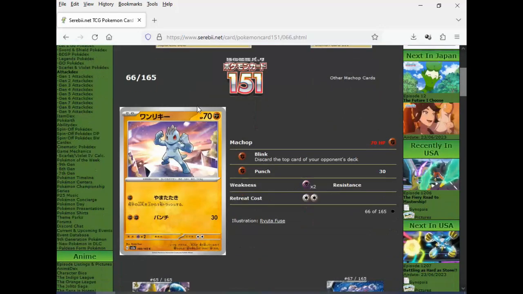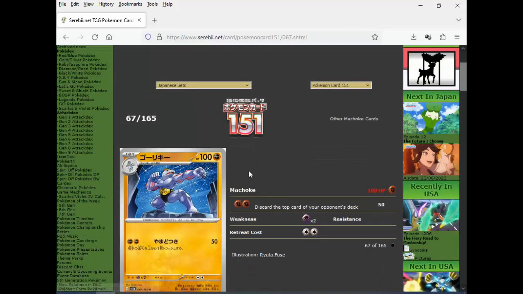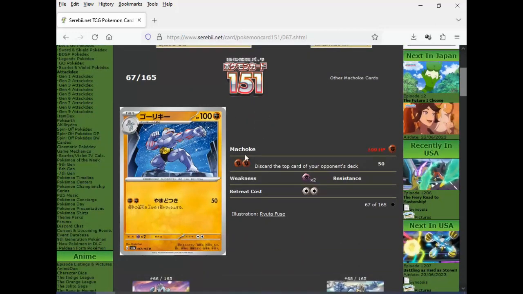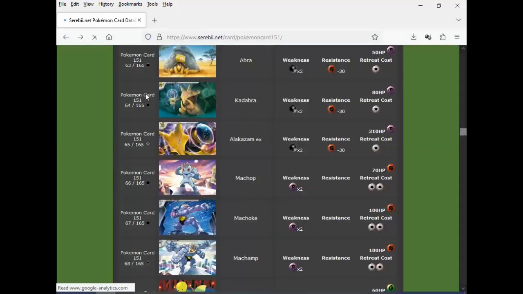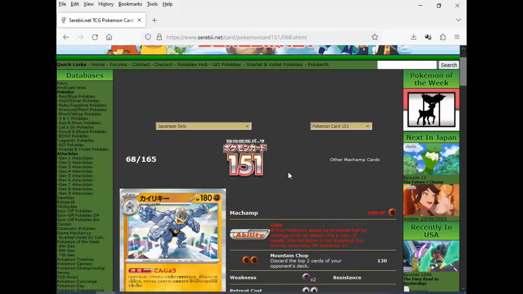Got the Machamp line. Discard the top card of your opponent's deck. Machoke. Discard the top card of your opponent's deck, and it does 50 for 2 as well. You've got a Starry Night Sky. Machamp. When this Pokemon would be knocked out by damage from an attack, flip a coin. If heads, this Pokemon is not knocked out. So they kind of...